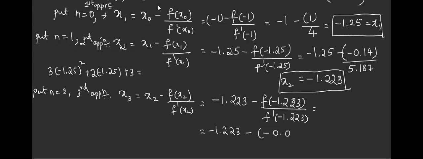Minus 0.0025. See why I'm telling you: this is f of the value. If you remember, it goes nearer to 0. If I'm getting minus 0.14, next time it is nearer to 0. Take plus and minus carefully. Do it once again if your answer is wrong, please. If you try more, doubts will be fewer, which is good for you.